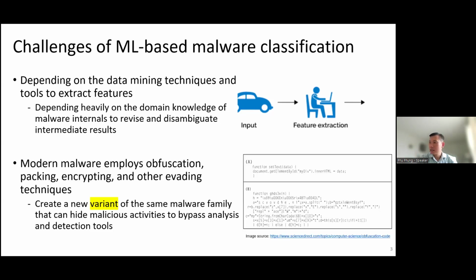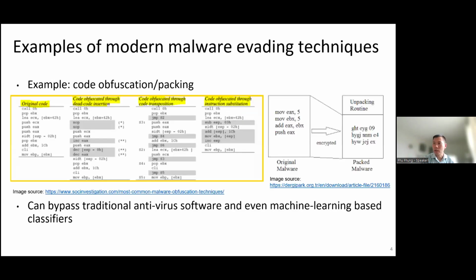So here is an example that I will revisit later. The code here is the traditional, the original code, but when they write the malware, they do not write this one, they write B. You see, in the sense that it will bypass. Of course, if we do the static analysis, B will be different from A, but actually they are the same semantic. Or I have another example that I just have an overview.